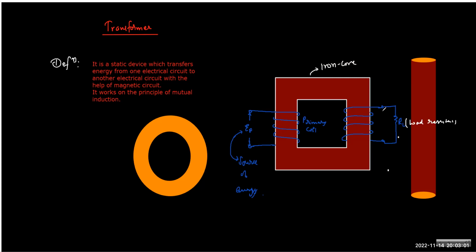And the potential which is obtained across this end is called secondary. The number of turns of the primary coil which we decide is called NP, and the number of turns of secondary which we can again decide is called NS. And the ratio of secondary upon primary is called the turns ratio. The same thing, if you choose to implement in another shape, you can do the same way.